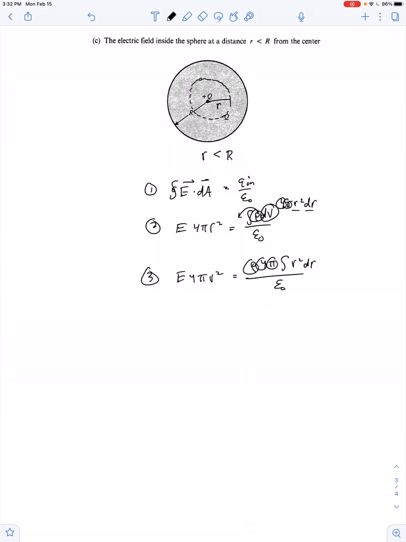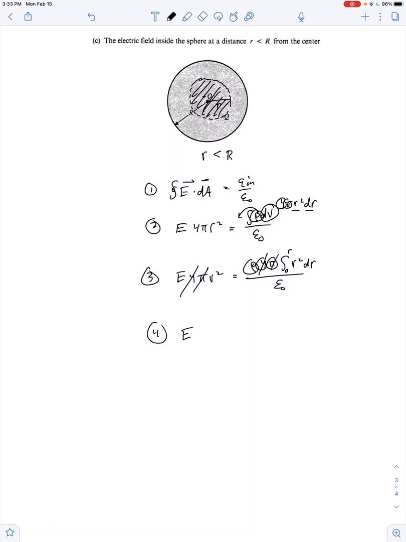And we're integrating only up to the edge of our Gaussian surface. So from 0, not to capital R, because if we were to do those limits, we would account for all of the charge of the whole sphere. We're only trying to find, remember, the amount of charge inside the Gaussian surface. So from 0 to lowercase r. And that way the 4 pi cancels out,